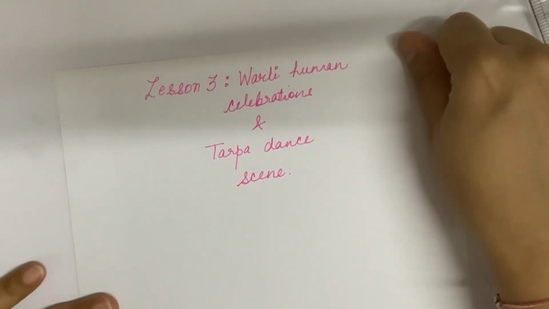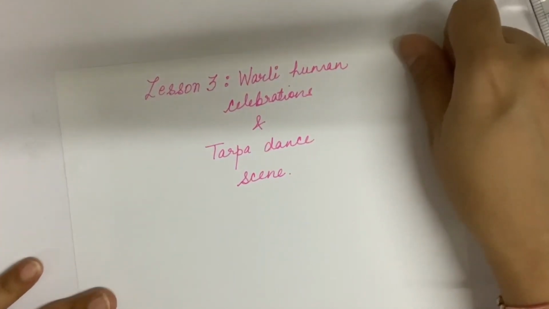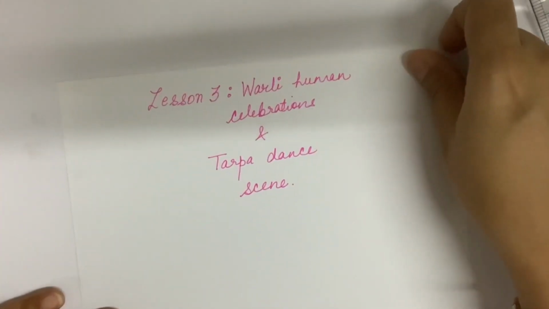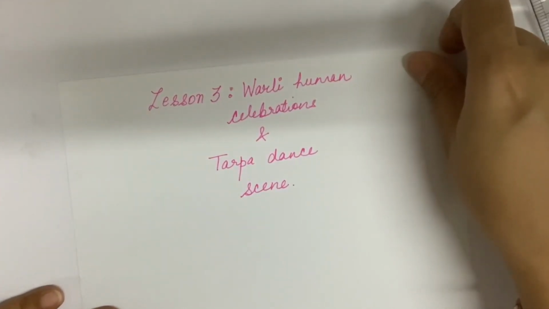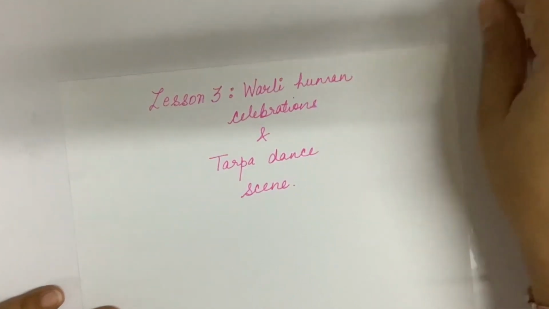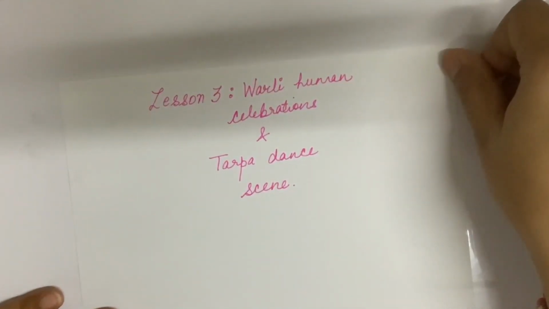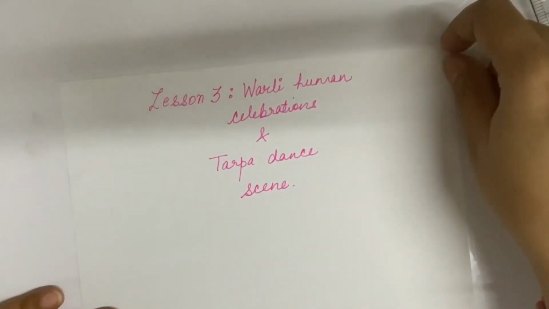In lesson 1 we covered the basic shapes, the basic borders, as well as how to draw human figures in Word. In part 2 we covered how to draw birds and animals, how to draw trees and how to draw huts. So in case you've missed that, I will share the link in the description box. You can have a look.